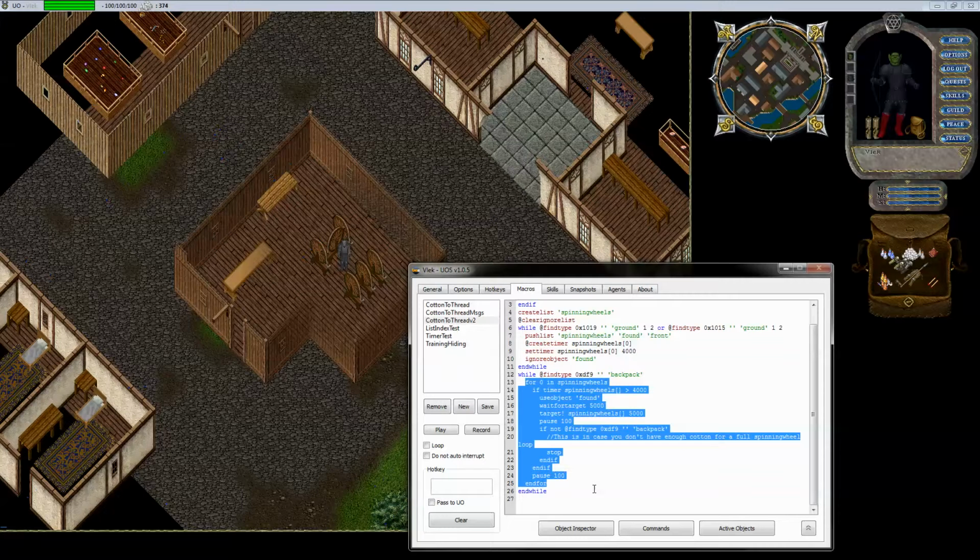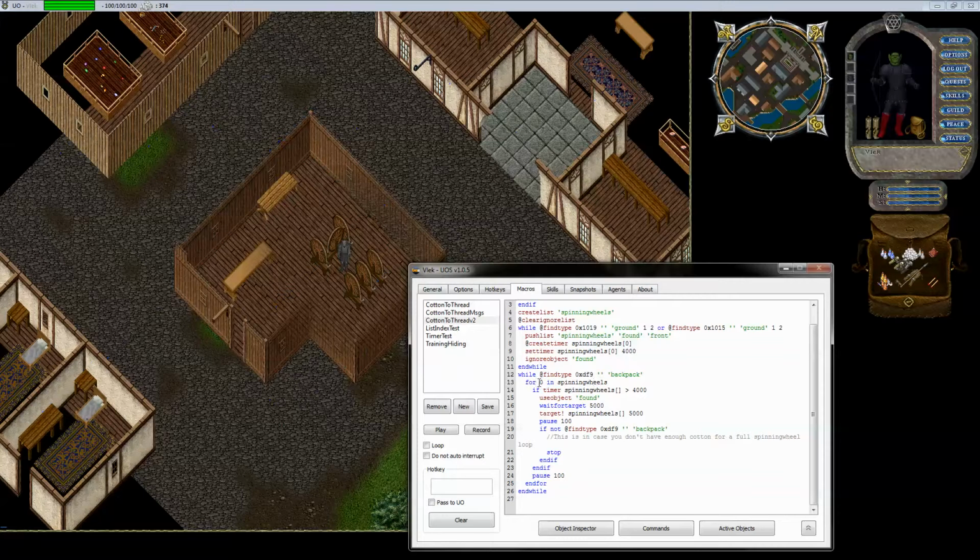We have to use every single spinning wheel that's within that list. So for each item in spinning wheels, starting from the 0th entry or the first index, if the timer is greater than 4 seconds, which means it's past its cooldown period for that specific spinning wheel, then we're going to do something with it. We're going to use that cotton that we found here,